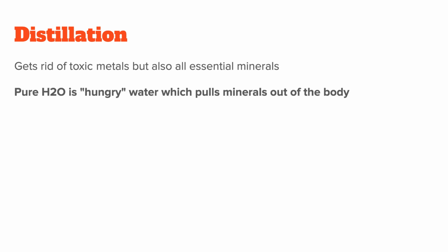That means when you drink distilled water, so pure H2O, you drink a hungry water that is devoid of minerals and tends to attract itself to whatever minerals it touches in your body to balance itself again. When the distilled water goes through you, it will pull out some of these minerals. This process is called chelation, and while it won't kill you, it means your body has to somehow make up